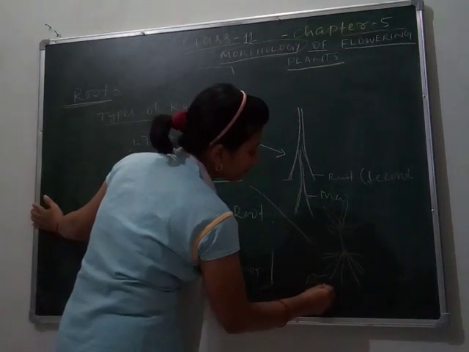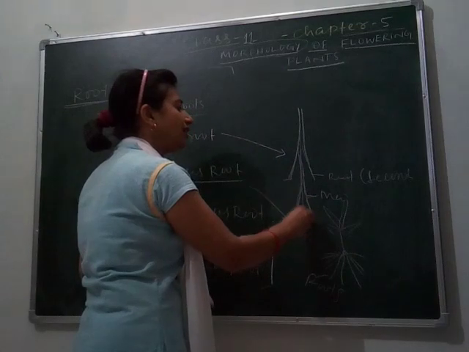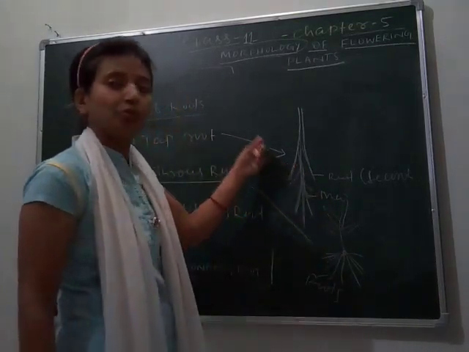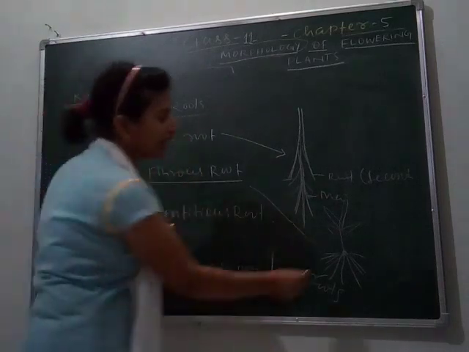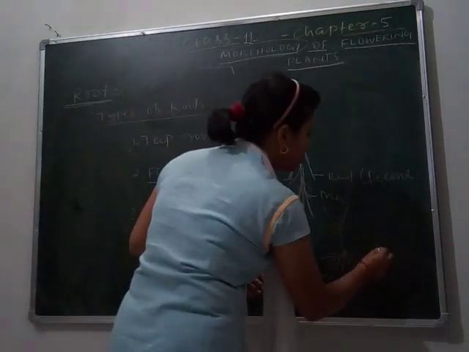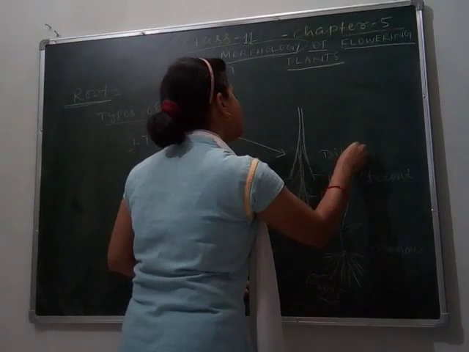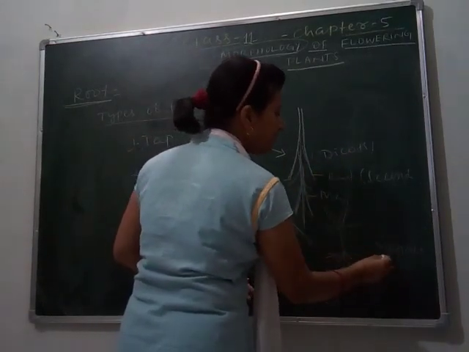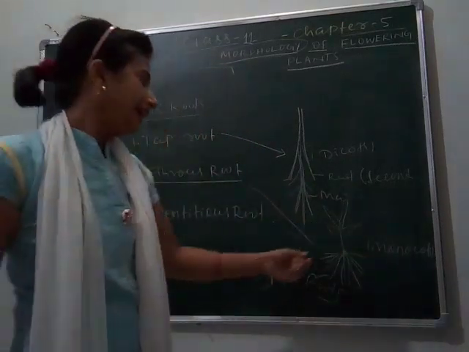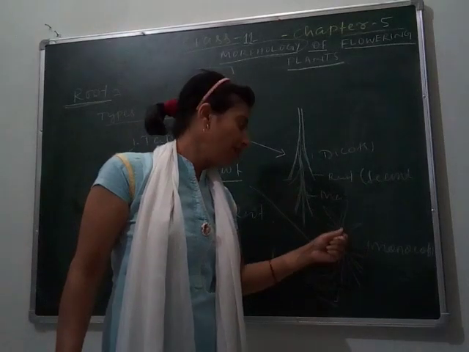They are the roots. You can see they all are equal length, but here one is long and another arises from this part. So this type of root I have told you is the tap root system, and this type of root is the fibrous root, seen in monocots. This type of root is seen in dicots, whereas this type of root is seen in monocots. And the roots arise from a common point, that is, from the nodal region of the plant.